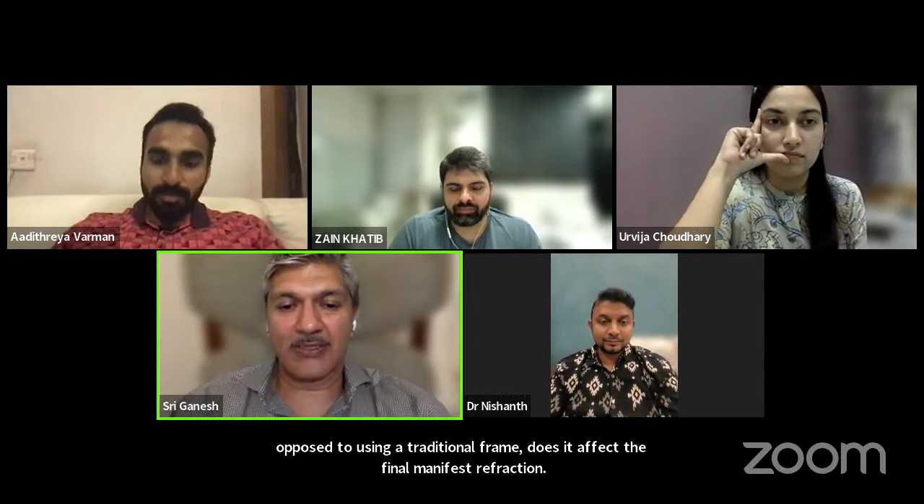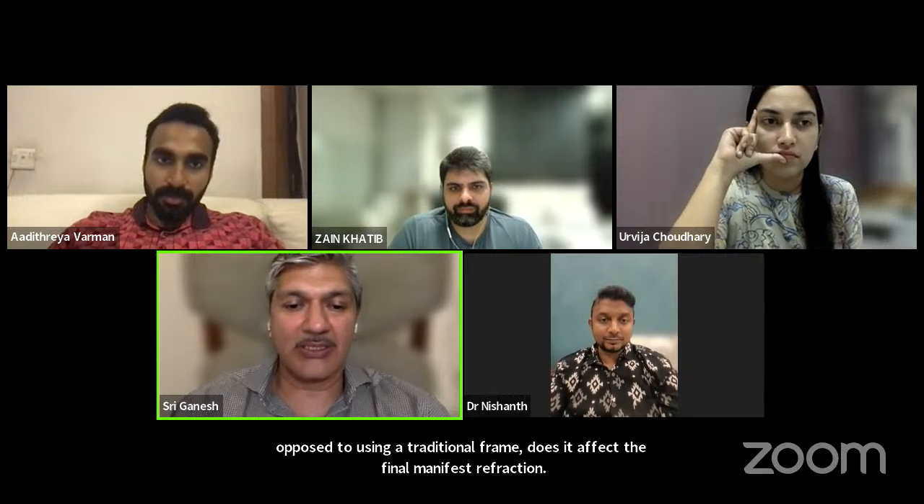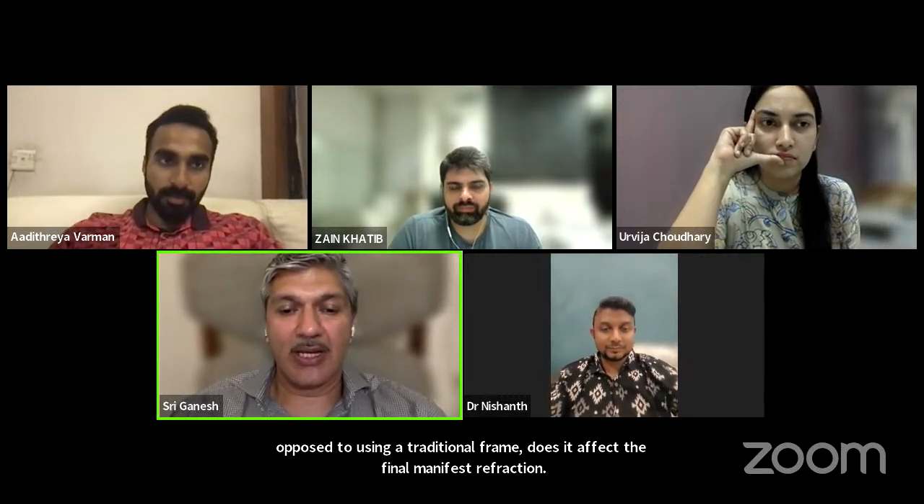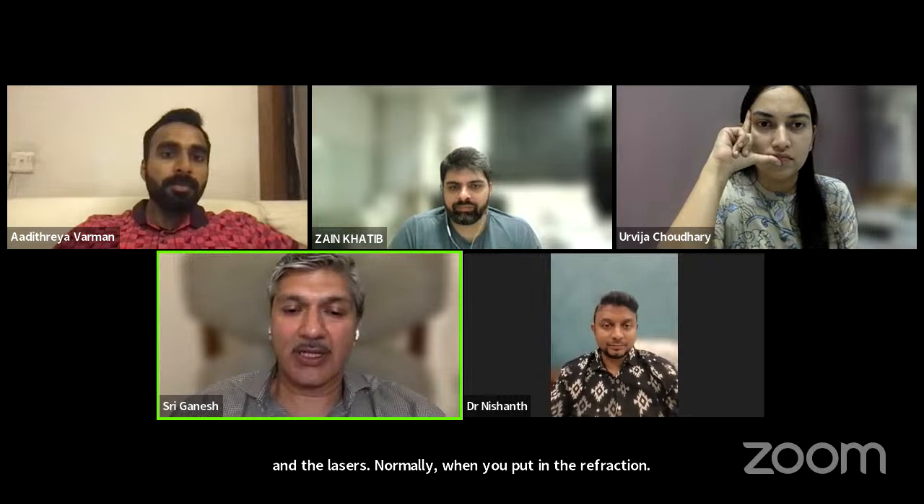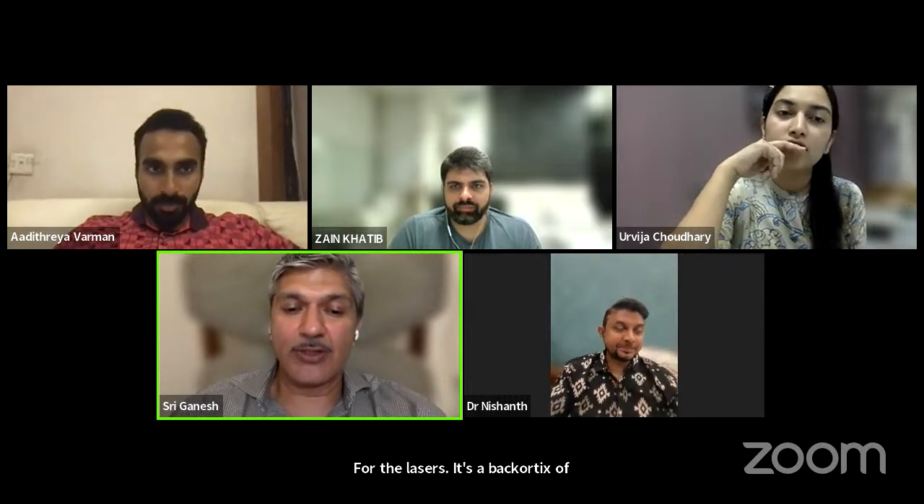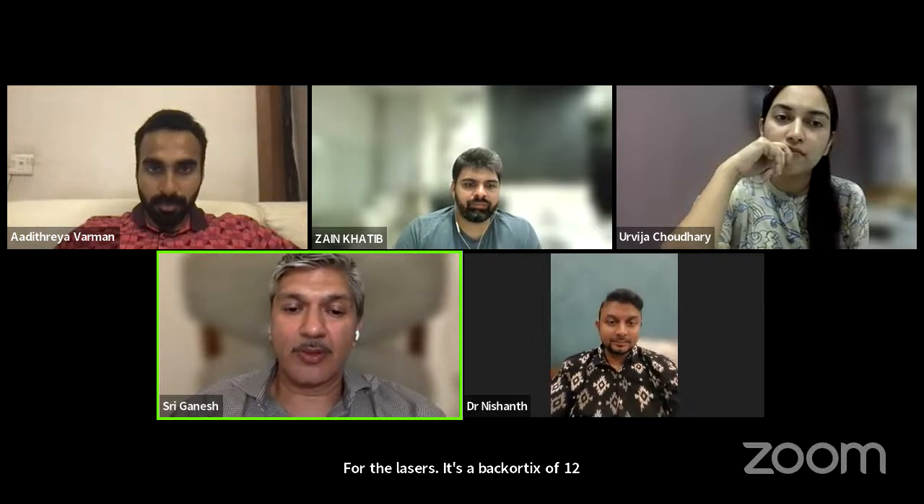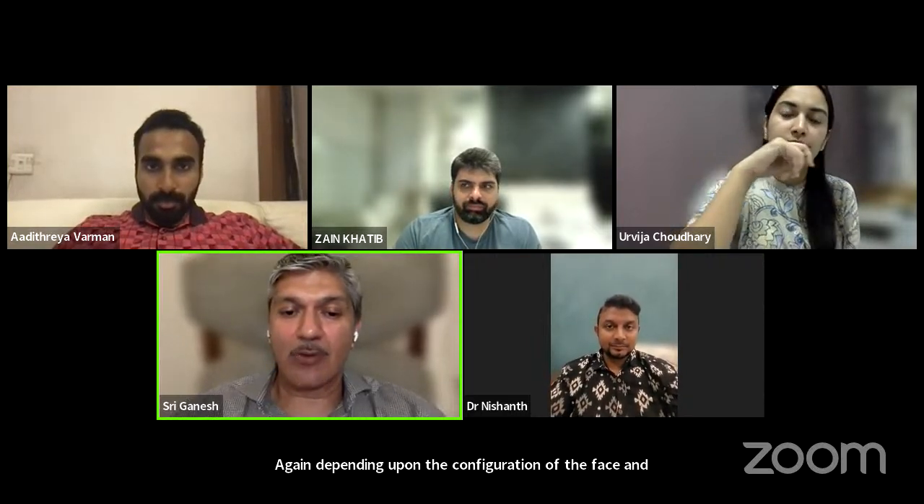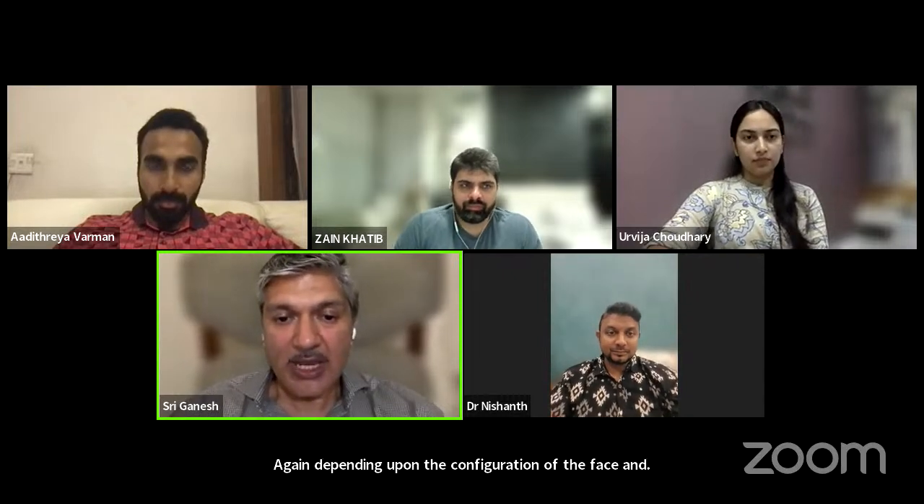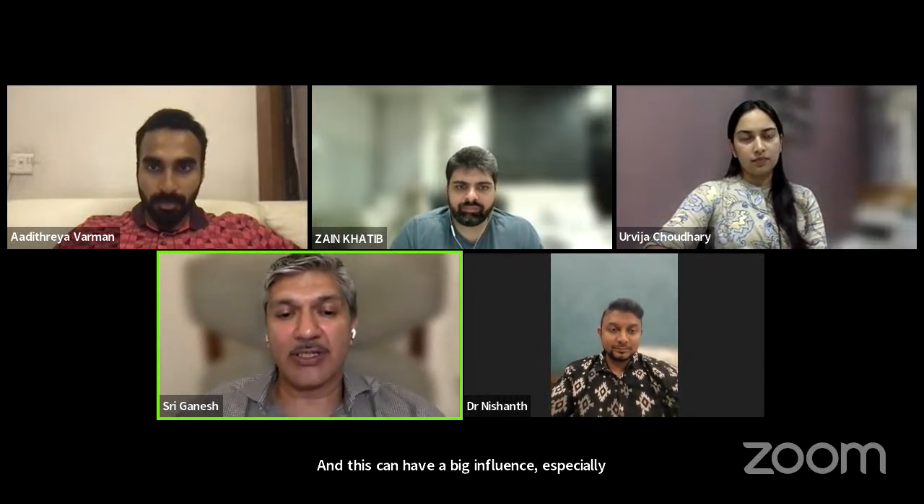Yes, because see, with the phoropter, what happens is the back vertex distance is fixed. And the lasers, normally when you put in the refraction, it's a back vertex correction of 12 millimeters. So when you use a trial frame, depending upon the configuration of the face and nose, the back vertex distance can vary. And this can have a big influence, especially for high refractive errors. Suppose you have a high myope, like a -8, -10, and you're not keeping that back vertex distance exactly at 12 millimeters, then you can have either an undercorrection or overcorrection,